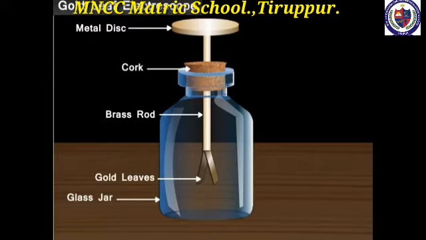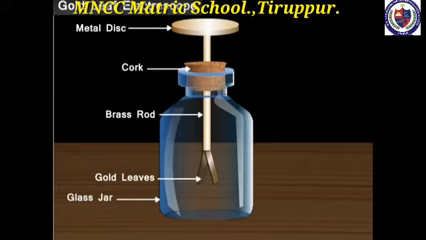The two extremely thin gold leaves are attached to the lower end of the brass rod fitted in a glass jar through an insulating core of rubber. A circular metal disc is affixed to the upper end of the brass rod. The gold leaves are extremely thin conducting foils that have low mass per unit area and are flexible, so they respond quickly to small electrostatic forces.